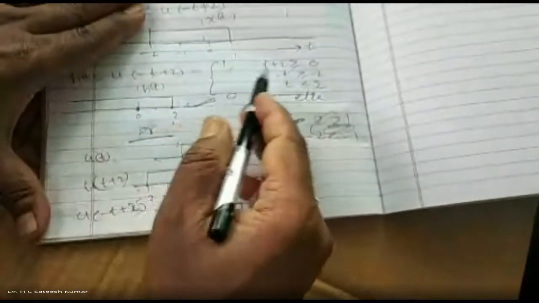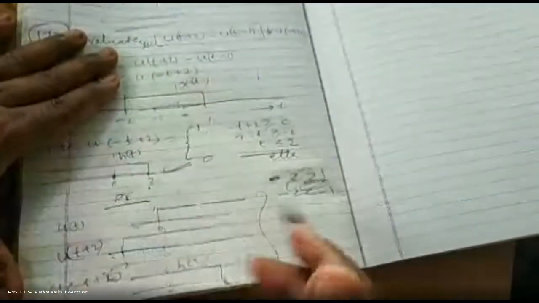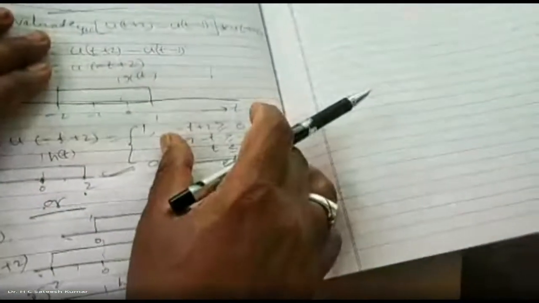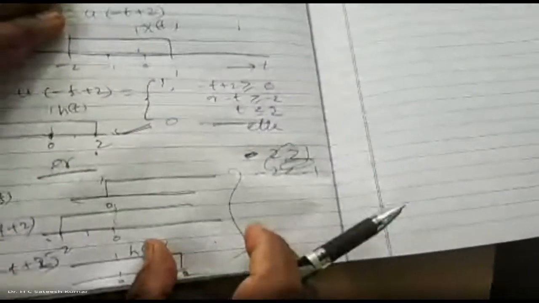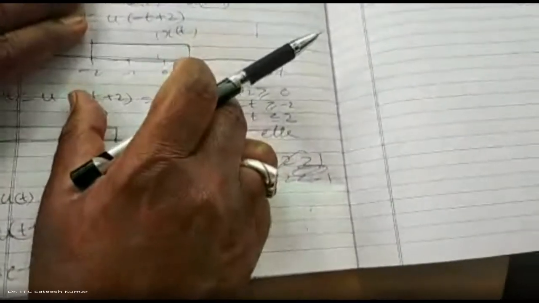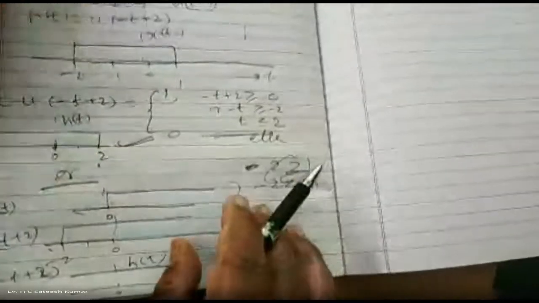So this is the easiest one. If you don't know this one, if someone says, sir, this one will feel easy, doesn't matter. This is by basic definition. This is by shifting, scaling, folding. So that is operation on signals. This is basic operation on elementary signals. So therefore you can use any one of them. Okay, right. Now what can you write?